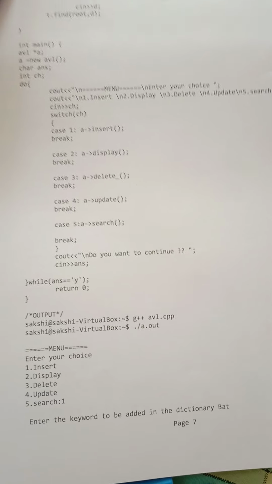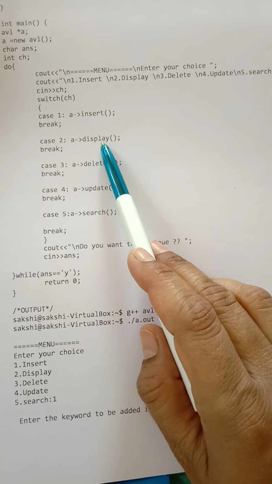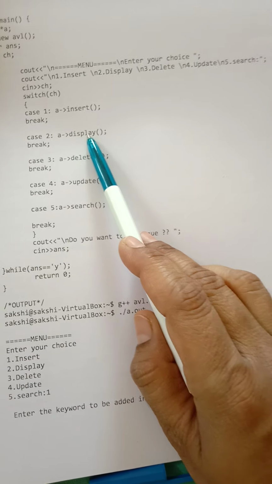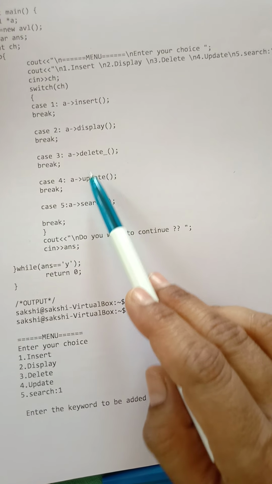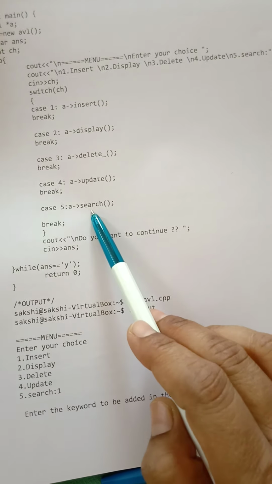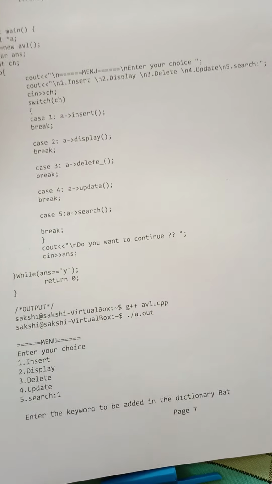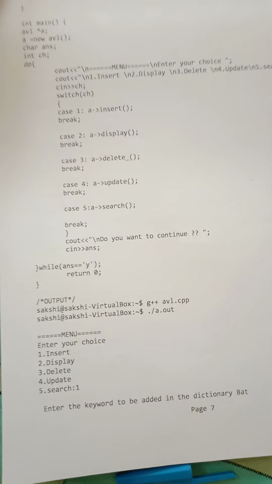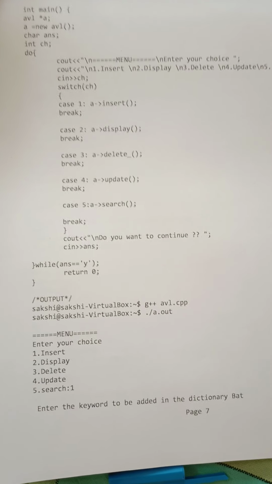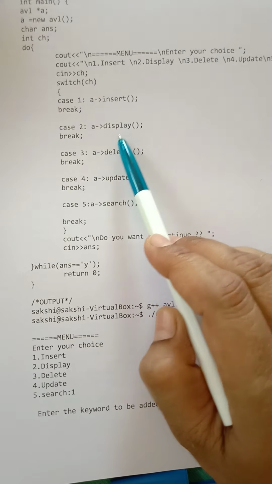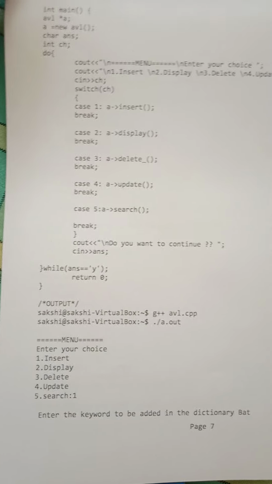Any 3 functions. Here insert and display are compulsory, and after that you can do delete and update, or delete and search, or update and search. So at least 3 to 4 functions, not all functions, but at least 3 to 4, where insertion and display are compulsory.